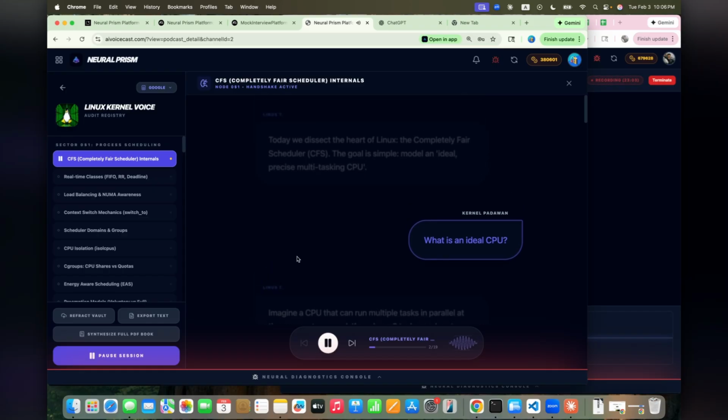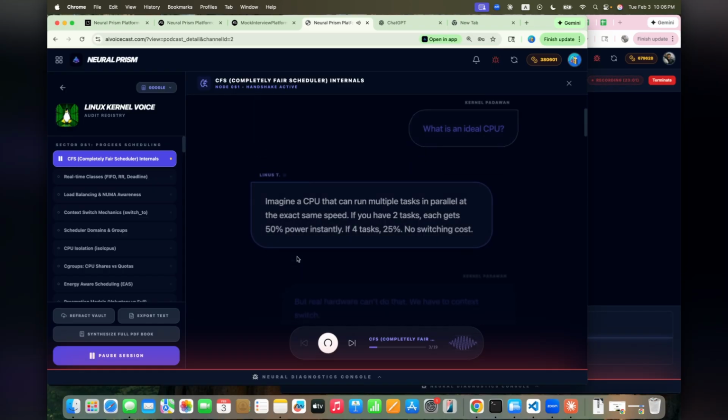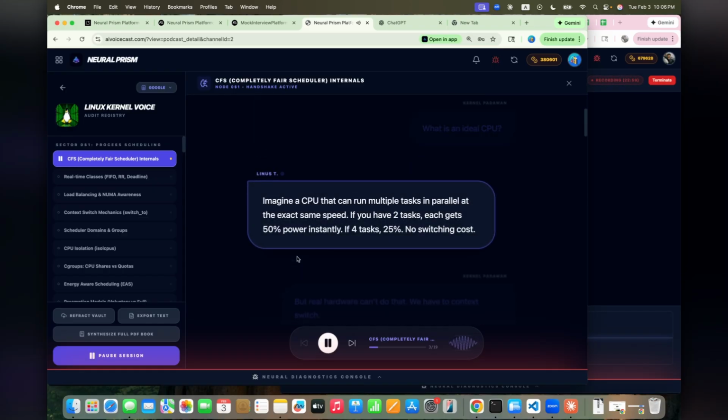What is an ideal CPU? Imagine a CPU that can run multiple tasks in parallel at the exact same speed. If you have two tasks, each gets 50%